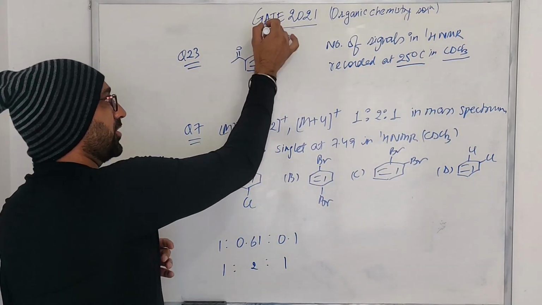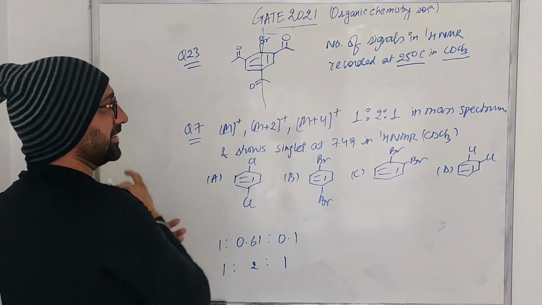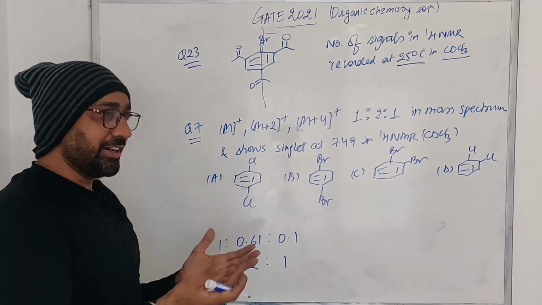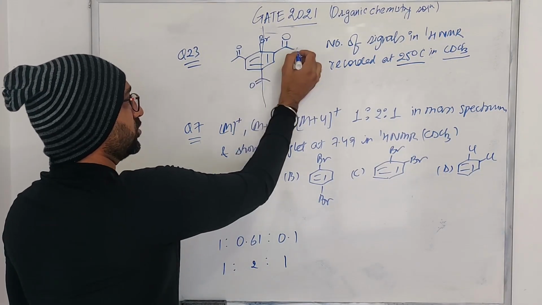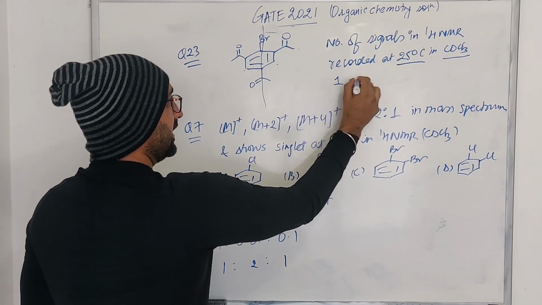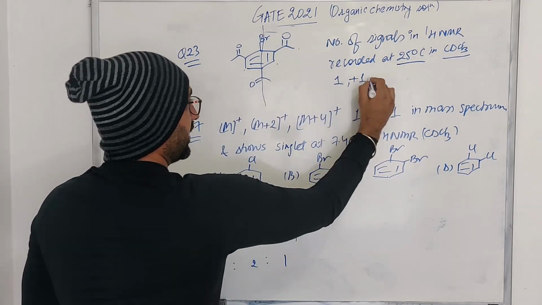So if we look at the molecule, what we have is a plane of symmetry in the molecule at this side. ठीक है, यहाँ पर नहीं है. Only अगर हम यहाँ से cross करें. So what it clearly means is that for these two methyl groups we are going to get one signal. ठीक है, and for these two hydrogens we are going to get one signal, and for this methyl we are going to get one signal.